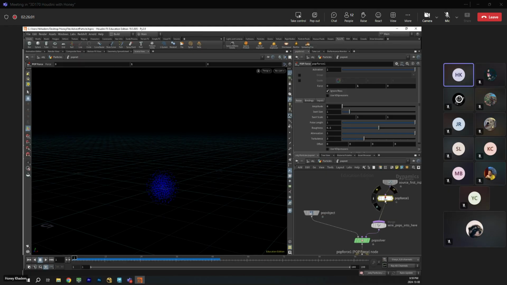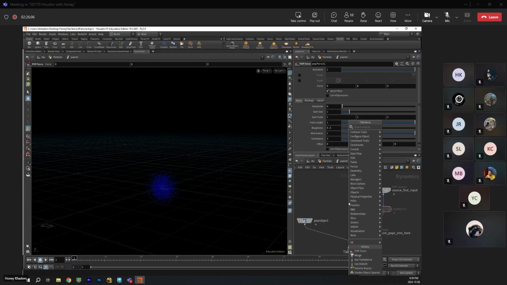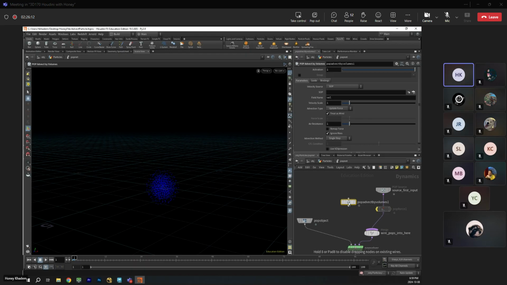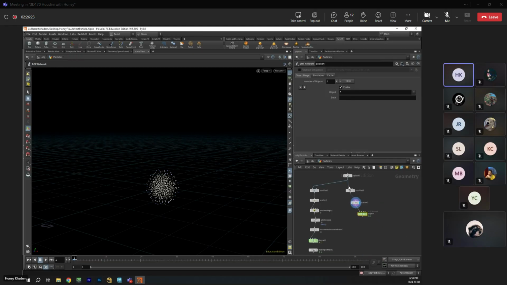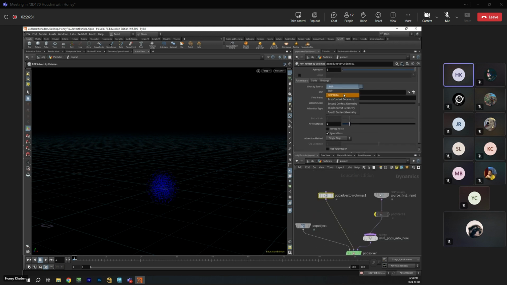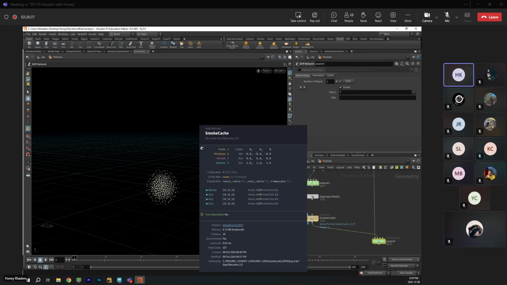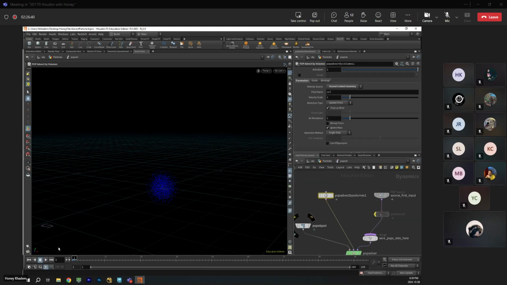But here's the fun part. I want to say, hey, I don't need the pop force. I need something else. Pop advect by volume. This is the node that we want. It means advect the pop network inside the volume. It's asking me where is your DOP network? Here is my DOP network. I'm going to put that on the second input. That is my second input. Okay, it's going to be looking for vel. Do we have vel? Yes, we have vel. Look what happens.